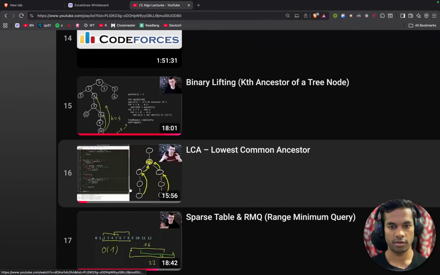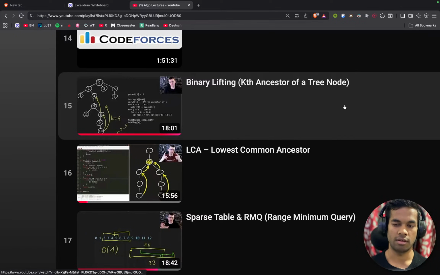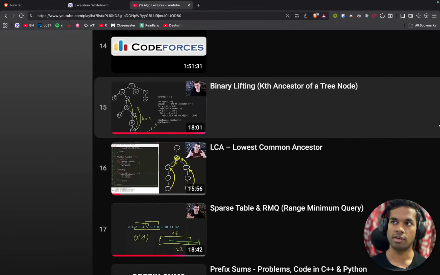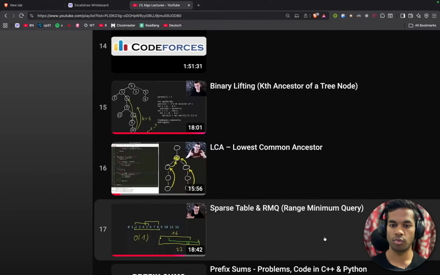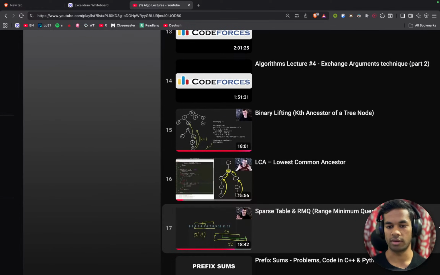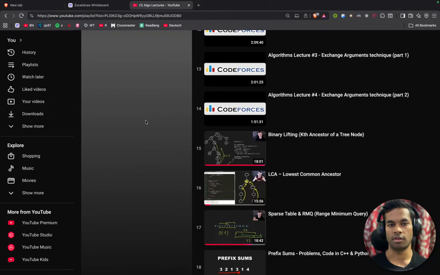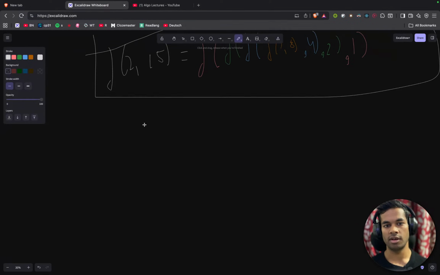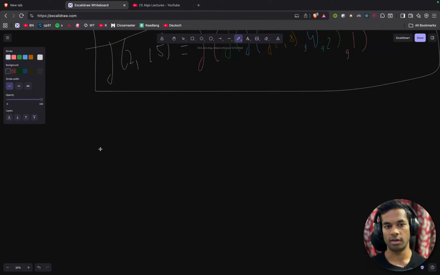Binary lifting is lowest common ancestor. That is different from kth ancestor of a tree node. Yes, lowest common ancestor is different from this. And this is somehow similar to how a sparse table works. Yes, this is similar to how a sparse table works. Sparse table is cool. Actually good, because using a sparse table, we can find out